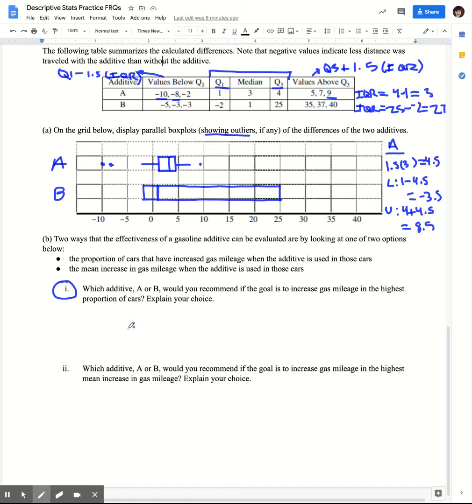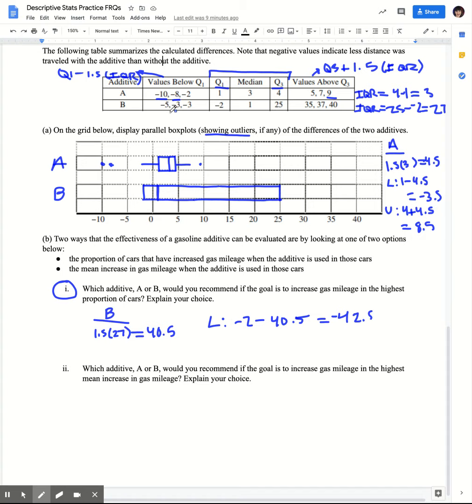Okay, and then I need to figure out my cutoffs for outliers. So 1.5 times the IQR, which is 27, is 40.5. Okay, so my lower cutoff is Q3, which is 25. Oh, sorry. My lower cutoff, I'm over here losing my marbles. What I was just talking about was the upper, apologies. Okay, so my lower is negative 2 minus 1.5 times IQR, which is 40.5. So when you subtract those, you get negative 42.5,